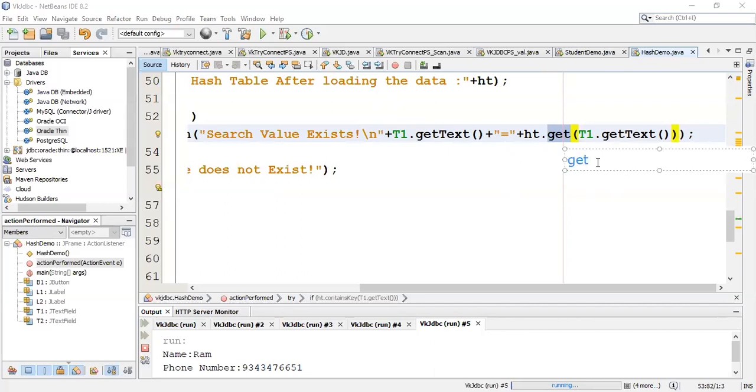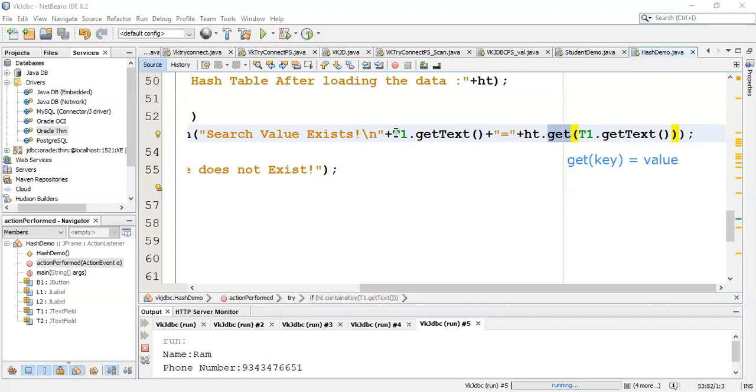So I have told you the get method here. The get method accepts a key and it will return the value. When I say Ram, Ram is the key and Ram's phone number is the value. So when I say get and pass the value from the first text field, that is t1.getText, it is nothing but Ram. Ram will be passed and this get method will retrieve its phone number.